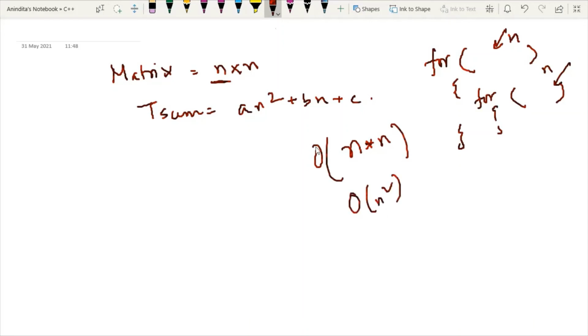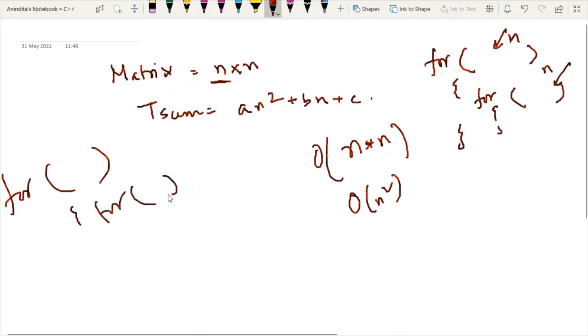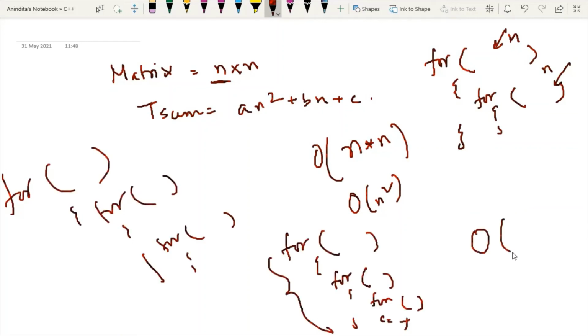From this, we can easily state that if we have three nested loops, our complexity will be order of n into n into n, that is order of n cube. So whenever we have matrix multiplication, since three nested loops are there, the time complexity will be order of n cube.